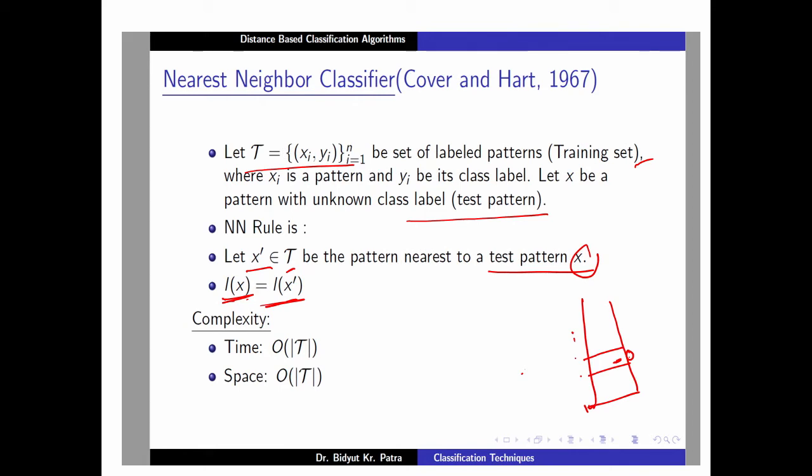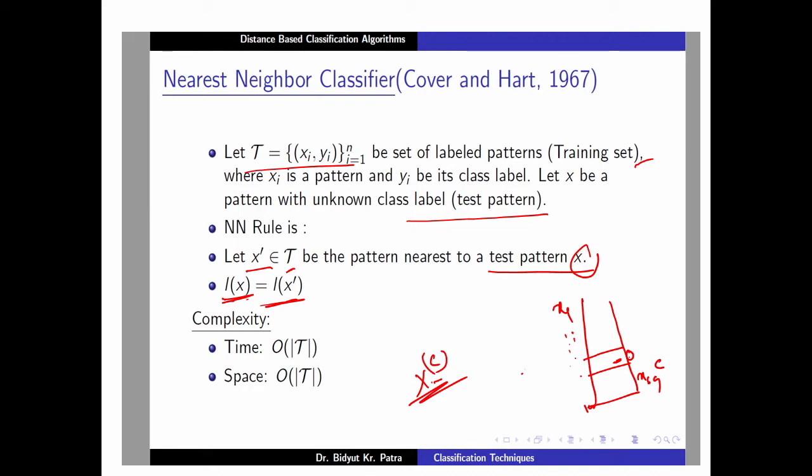Now, how do you implement it? For the unseen object x, you compute the distance from x to x 1, you compute the distance from x to x 2 and so on, for all points, and find which one is the closest. Say the closest point you find is x 69, and its class level is, let us say, C. Then the class level of x will be C, that is all.